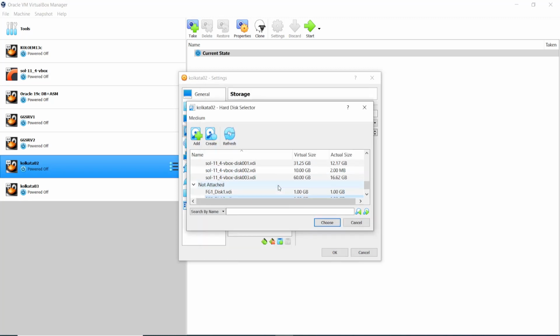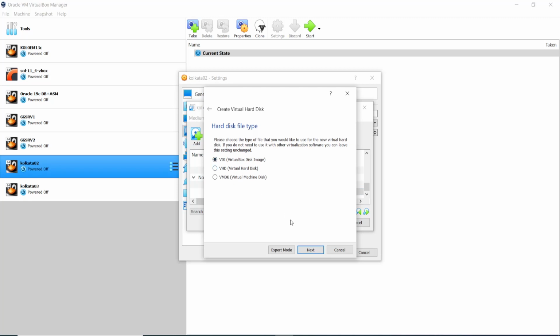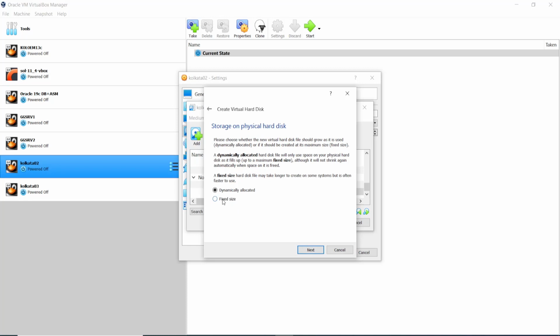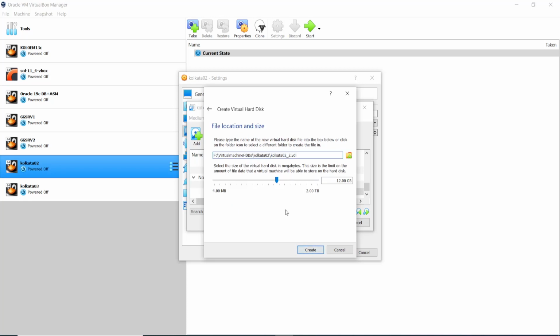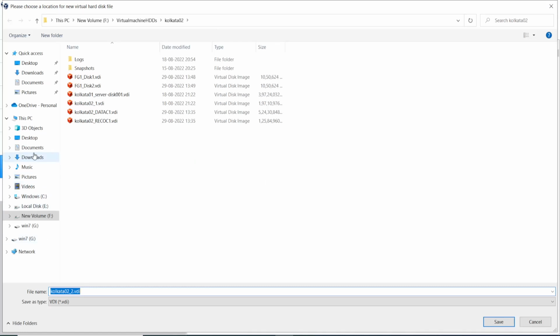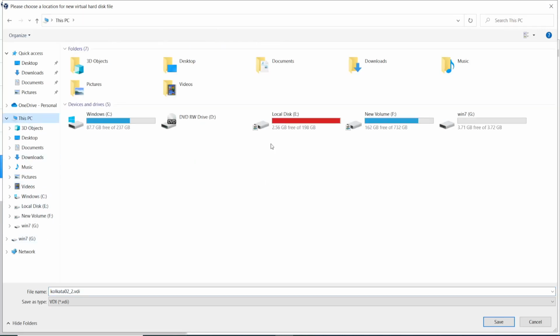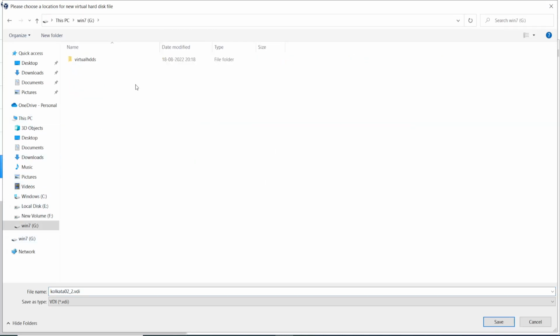So we have created two disks for failure group 1 and failure group 2. Again, create the disks for failure group 2. Here we are selecting the path, so we are creating on the pen drive. Select the pen drive, select the virtual HDDs. Here I have created one folder. So here we will give the name like